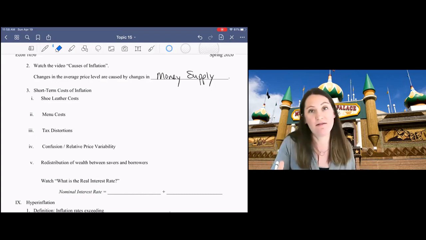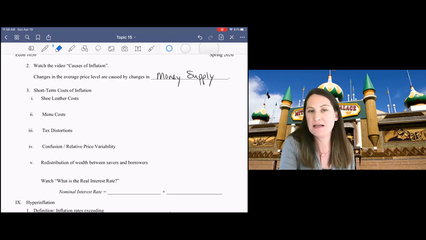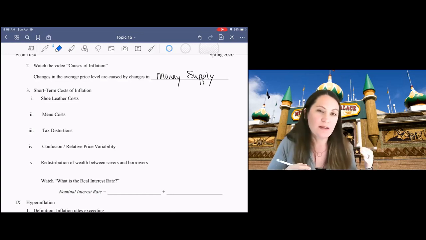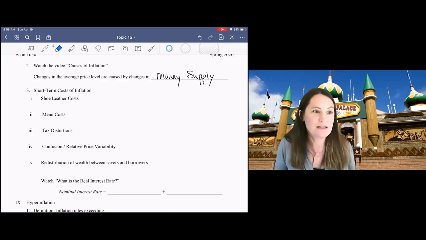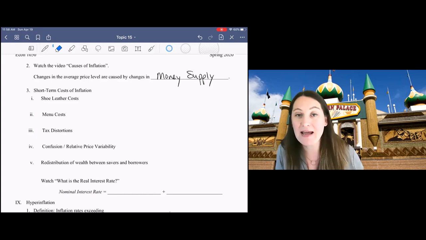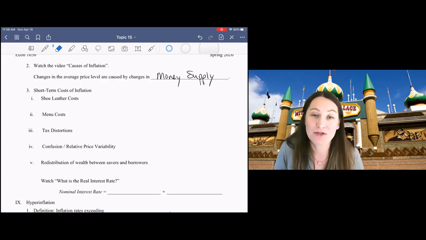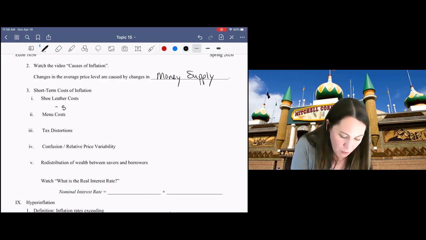So say instead of having in your wallet enough cash to last the whole month, you have only enough cash to last the next week, and then you'll go to the bank and take out money when you run out, right, for the next week. So the cost here, what is the cost? The cost is just an increased number of transactions, right? So this shoe leather cost term comes from the time when you had to walk to the bank to get money out, and you might wear out your shoes more often from an increased number of trips to the bank, okay? So more shifting